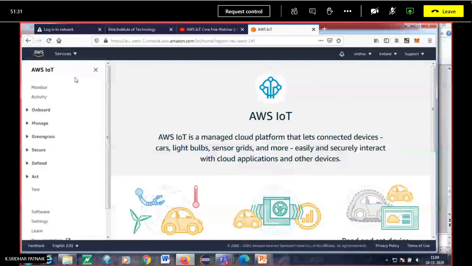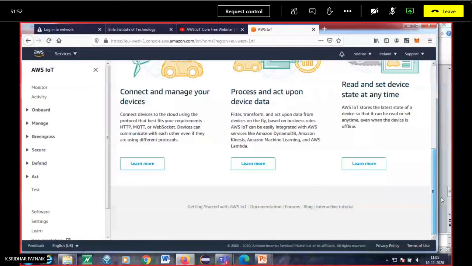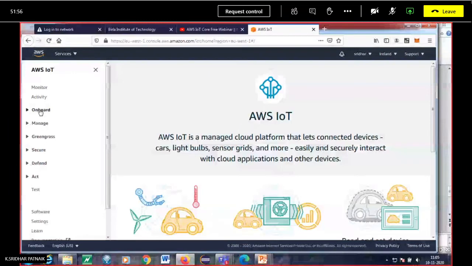Your AWS account, okay. So these are the services that I've already shown. Then AWS IoT is a managed cloud platform that lets connected devices like cars, light bulbs, sensor grids, and more easily and securely interact with cloud applications and other devices. Okay. So there's the front page. Then on the left-hand side, you see various